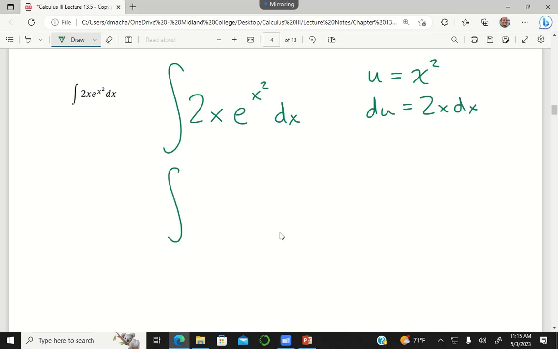And what we're really doing here is actually saying that the derivative of u with respect to x is 2x, the way that I've defined u. Okay? And then what I'm saying is that if I were to write this, 2x e to the power x squared du dx dx, then I could cancel out these dx's,